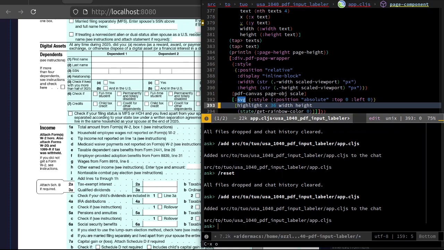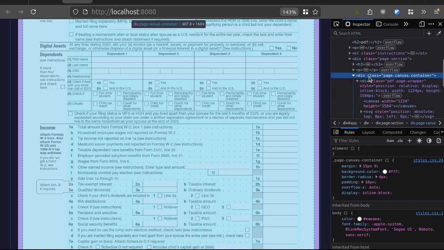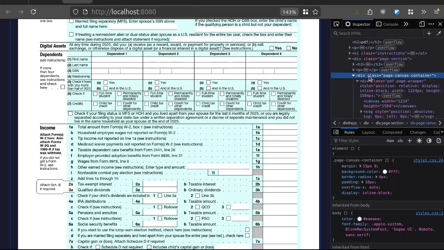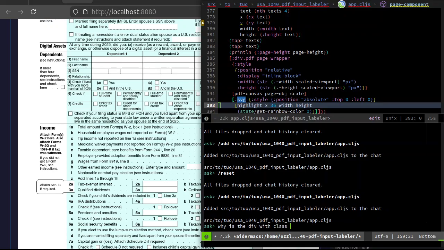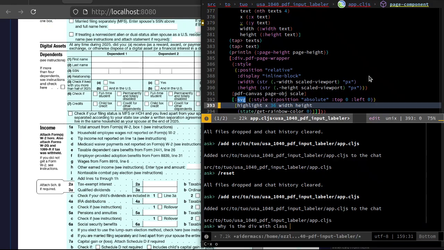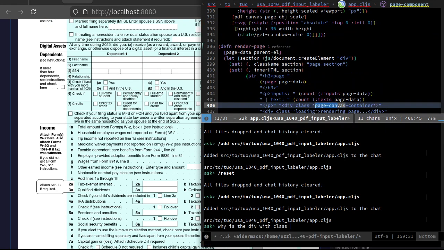I have definitely changed this file since I added it before, so I'm going to re-add it. So I want to know, why is the div with class page canvas container